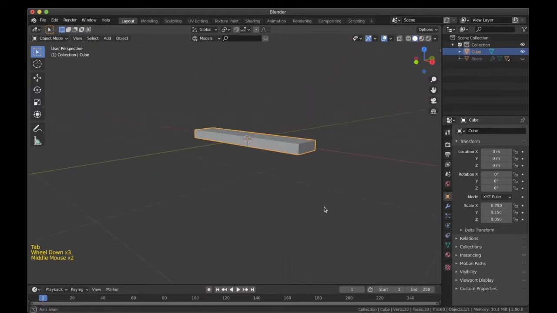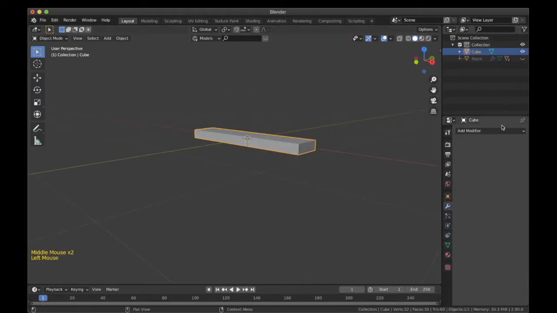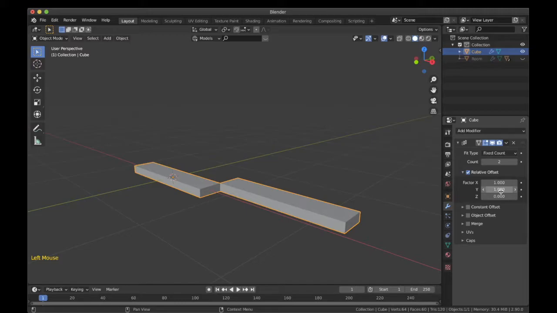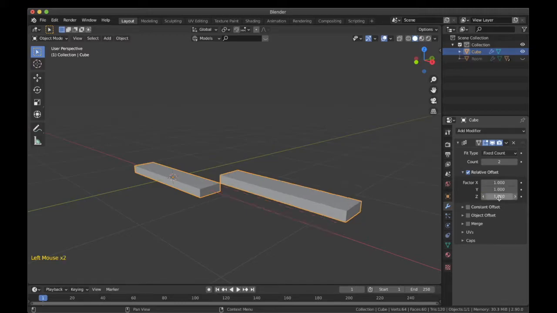Now that we have this basic step, what I will do is use an array modifier. We could also duplicate the step, but that will not give us appropriate accuracy, and also the array modifier is a non-destructive way of modeling. This way we can change the number of steps and also increase the height over here, and also the axis in which we are moving. For now we will be moving it in the Y axis. Also we will have some height, so we will change the Z to 1, but along the x-axis we won't be moving, so I will make that 0.